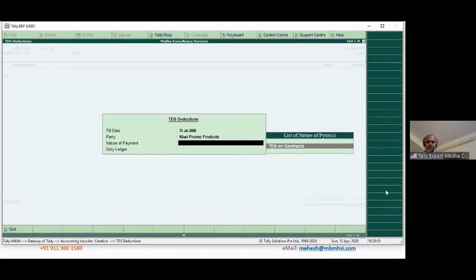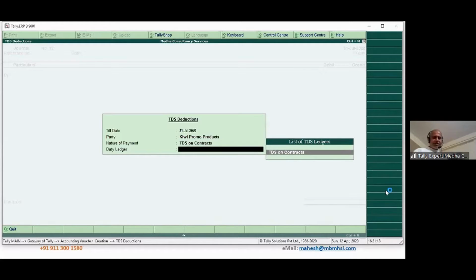Okay, so generally each party will have only one nature of transaction, but in rare cases this party might be doing both. He might also be a contractor and he might also probably be providing professional services. He might also be your landlord. So combinations might be there. Then you need to select the nature of payment. So I've selected the nature of payment as TDS, and duty ledger is